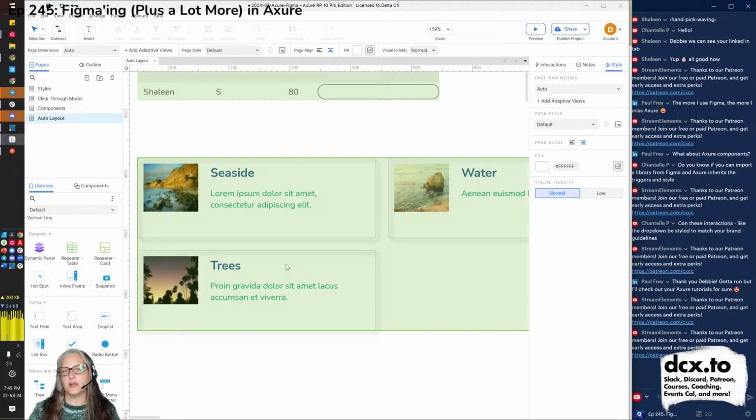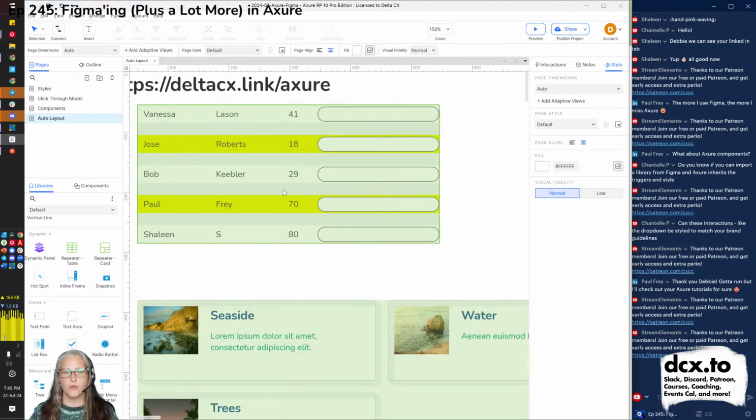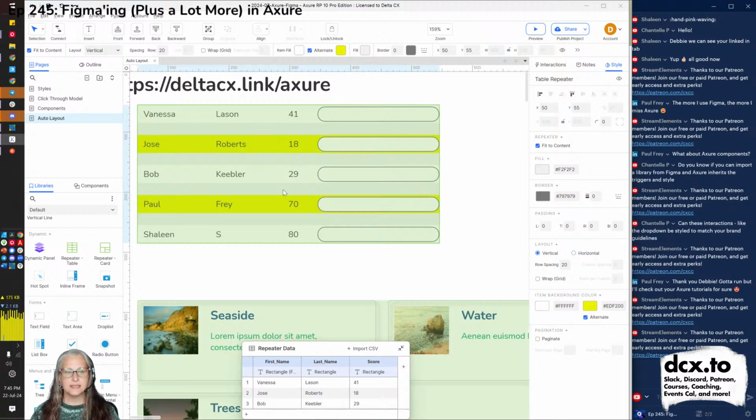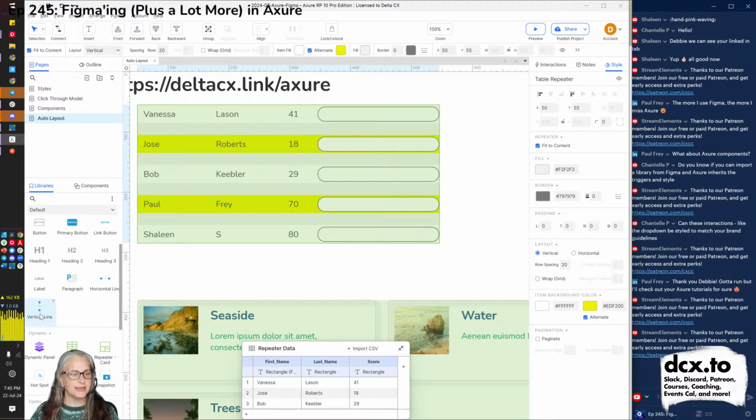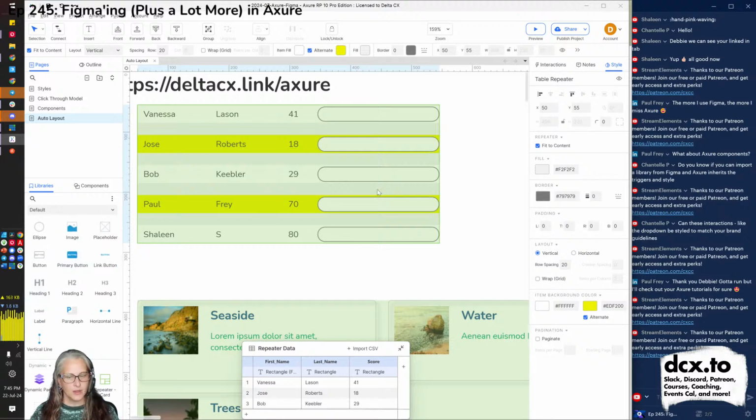So is it perfect auto layout? It's not identical to Figma, but you can see how if you're trying to work with some tables of data, it could be really useful. And one nice thing is because it is treated as data, we can do things like sorting and filtering in a realistic way. Primary button, let's just make a button.